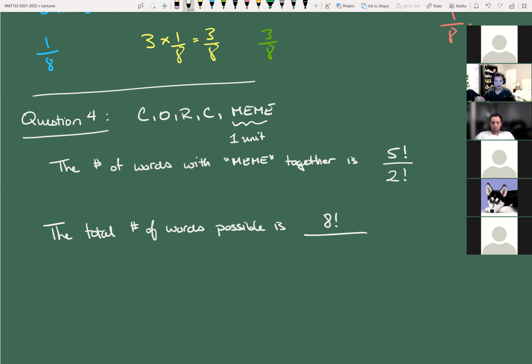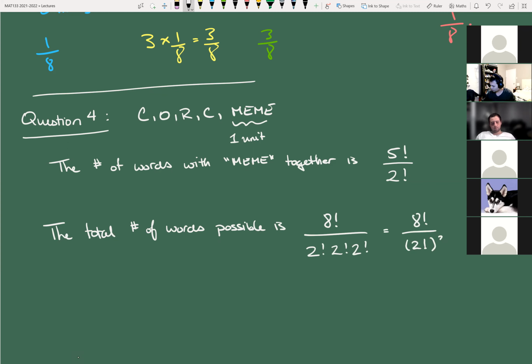So we have 8 factorial because we have 8 letters. But remember, for every single one of our repetitions, we have to divide by the number of times it occurs, right? So we have 2 C's, 2 M's, and 2 E's. So that's 2 factorial, 2 factorial, 2 factorial, or if we want, 8 factorial over